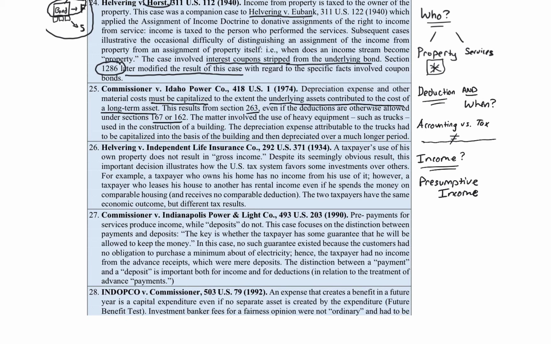It also applies to property. If you own a building or a house, and you would have had to rent the house for, I don't know, $2,000 a month, you have presumptive income of $2,000 a month living in your own house. The tax law does not include presumptive income. So presumptive income is not gross income. It's not even excluded. It's just not gross income.